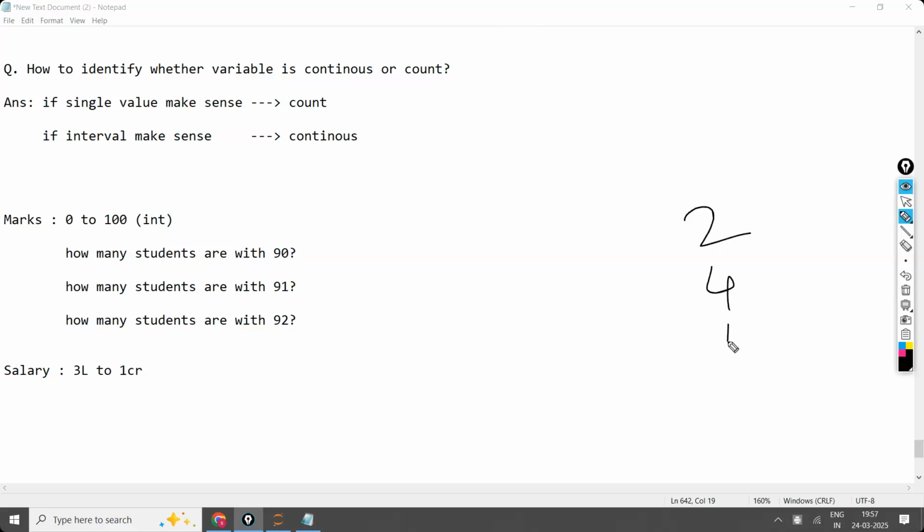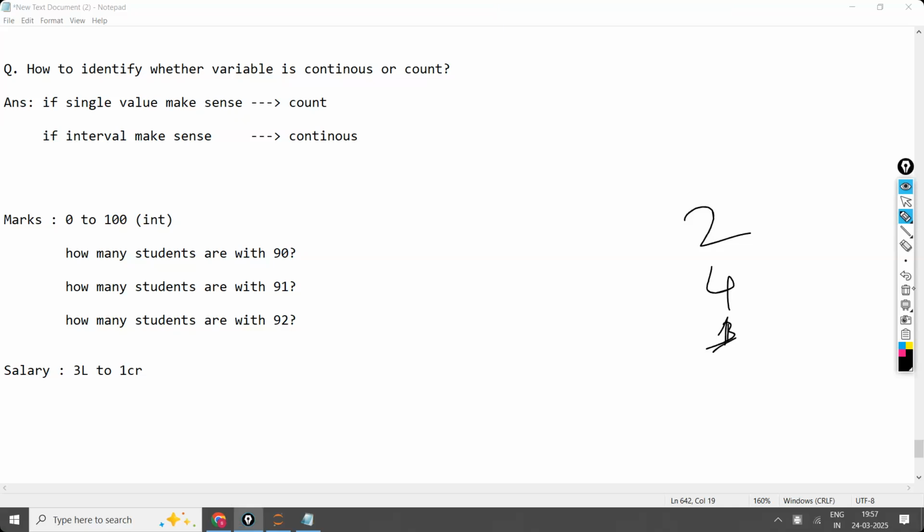Sir, for example, if in the same example you take 2, 4, 3 instead of 1. What is the average number of people? 9 by 3 is 3. Average number of people visiting this restaurant is 3. Sir, it is making sense now. Not just for your example; for any example it has to make sense. Your numbers only make sense means in reality only your numbers will be there. Instead of this, if 1 is there then it will not make sense. If 3 is there it makes sense. Then what is this?